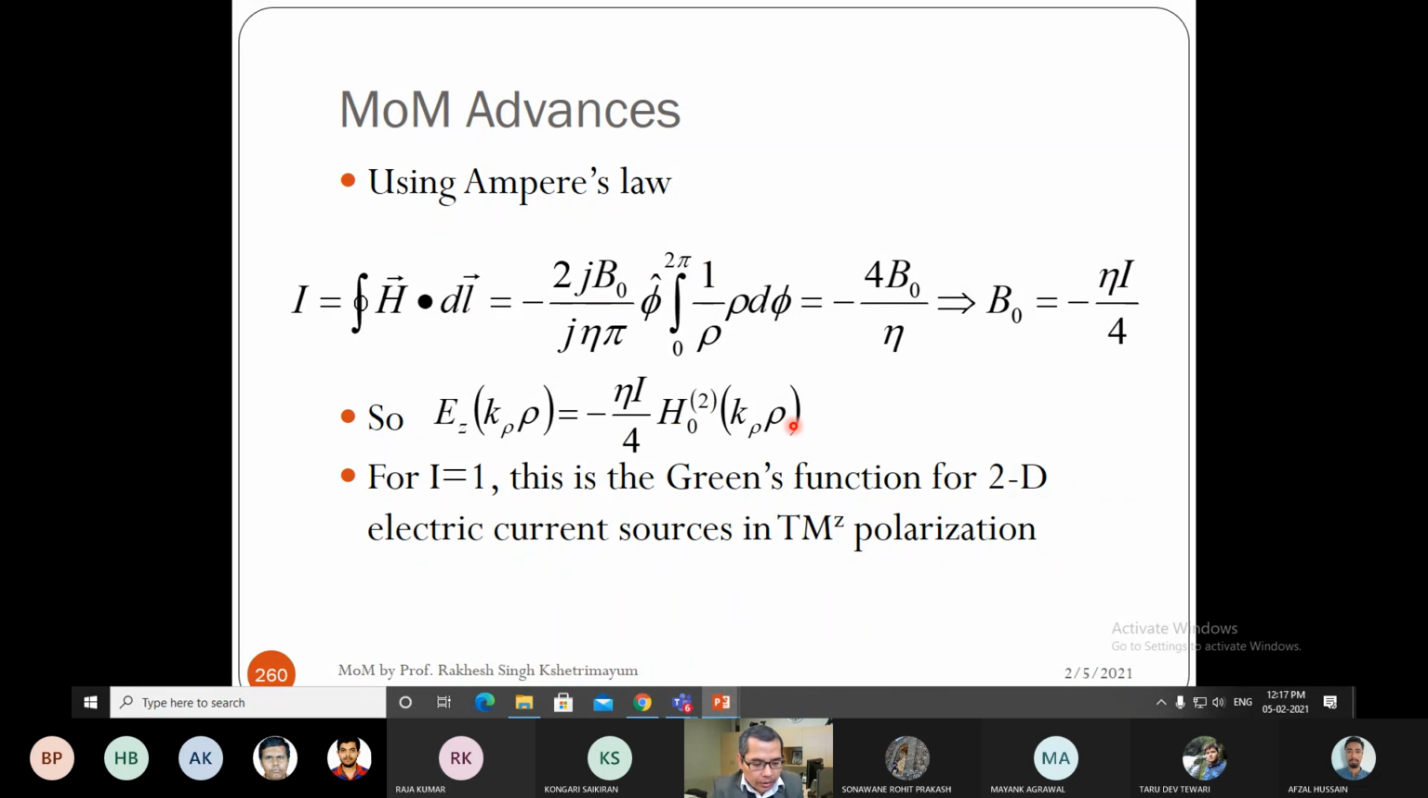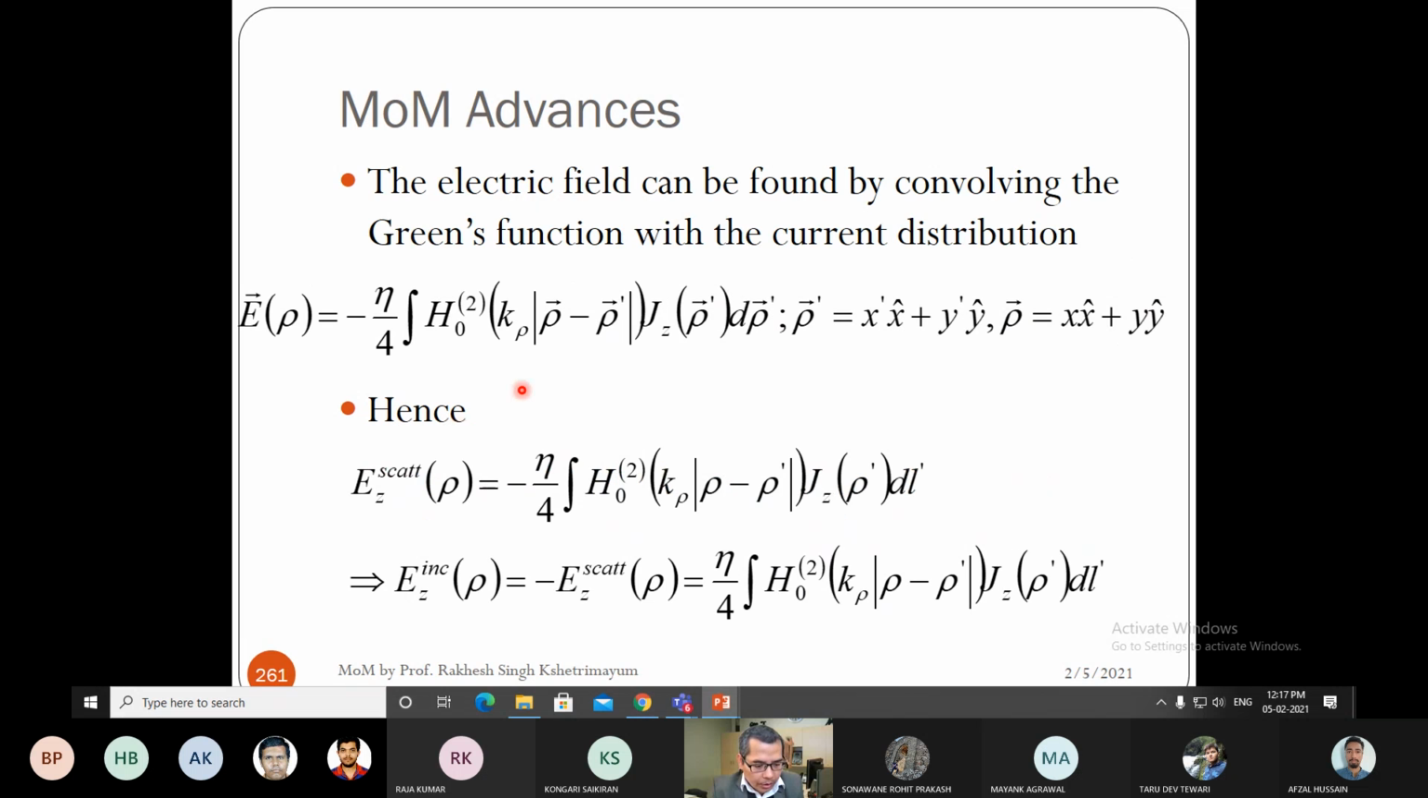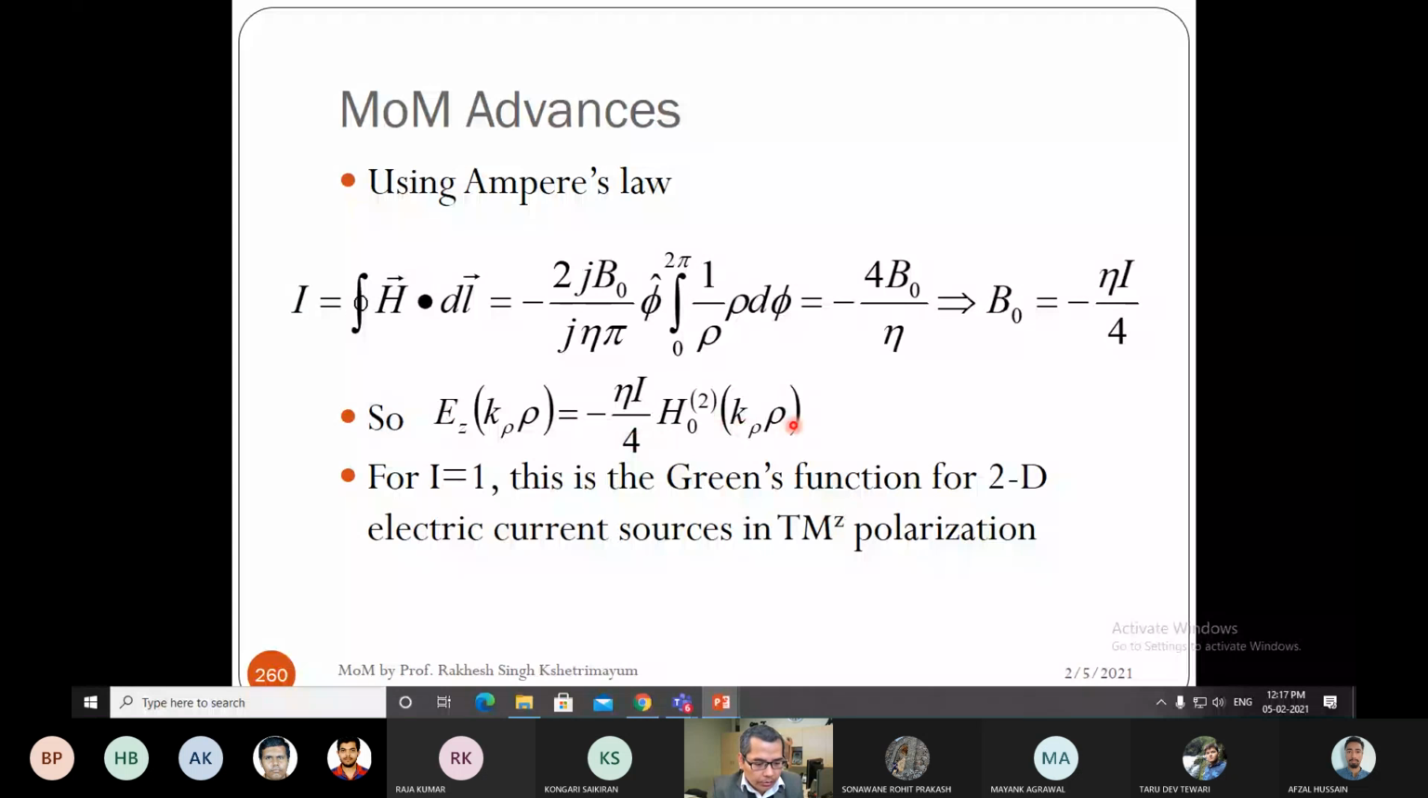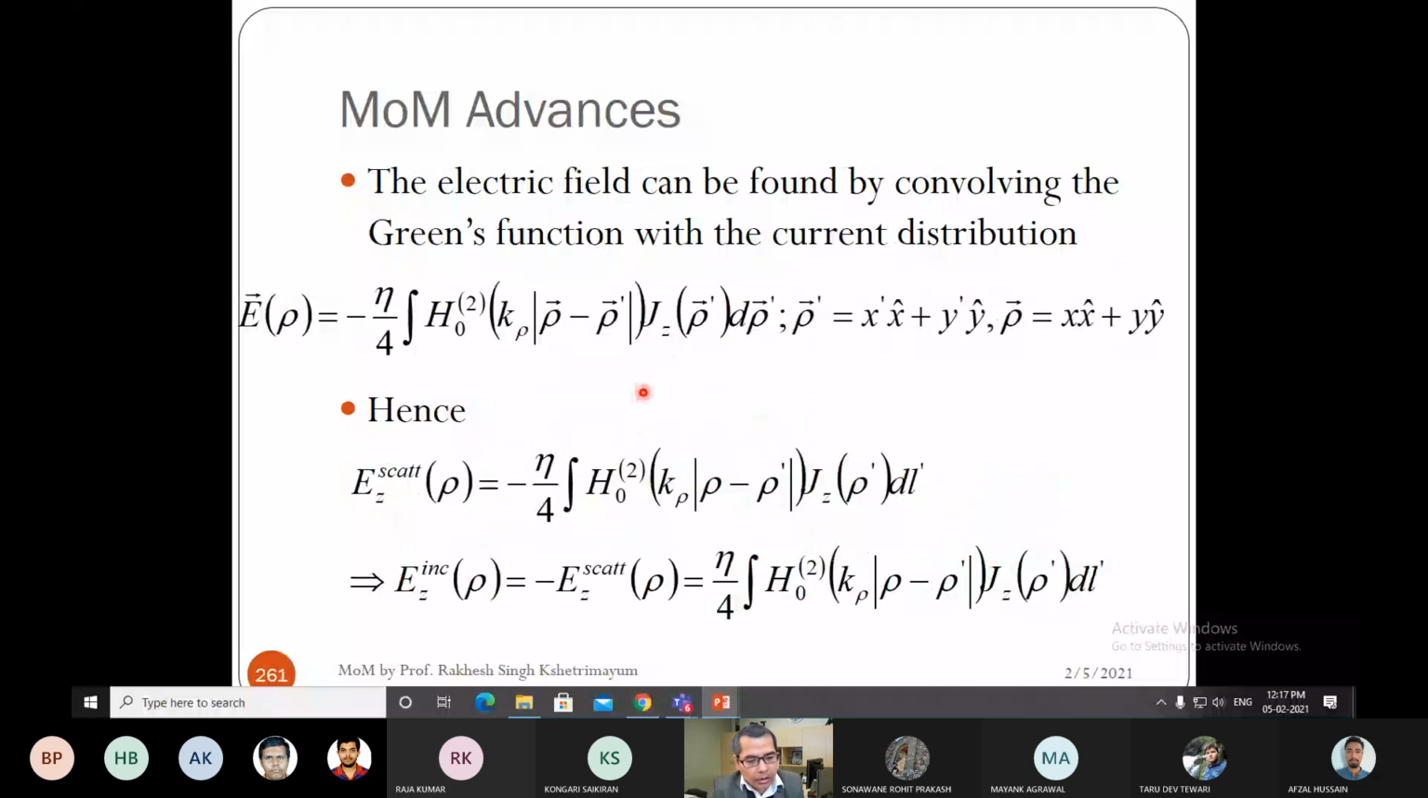If I want to find a Green's function, the source should be of unit amplitude. So I will become 1. In that case, the 2D Green's function finally becomes minus eta by 4 H0(2)(k rho). Once I have the Green's function, the usual step: I can find out the electric field for